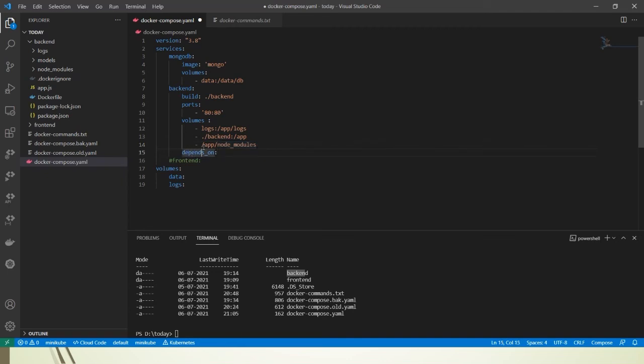Obviously this one depends on the MongoDB container, so we need to put MongoDB over here as the value. So it depends on MongoDB. Space is required. Okay, so this is our YAML file. We will run it.